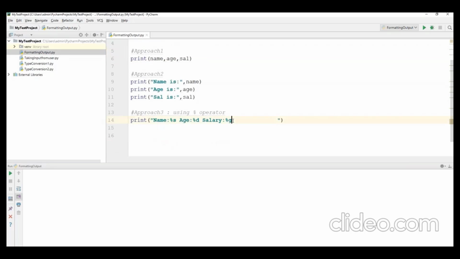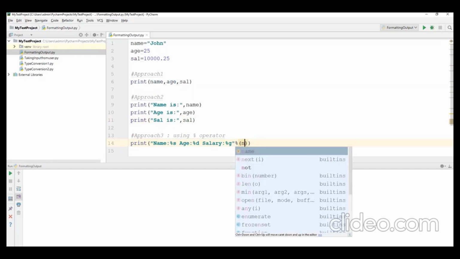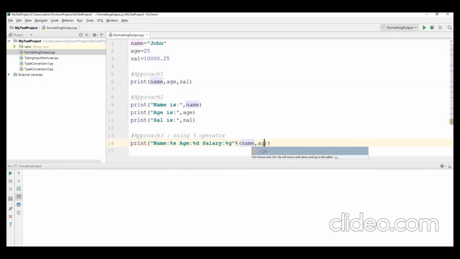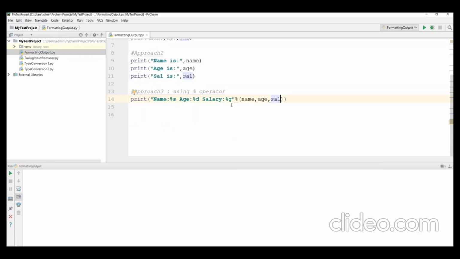Okay, now once we have put everything in the double quote, here we need to specify percentile in the bracket. We have to pass the variable exactly in the same order. So what is the first variable? Name, and the second variable is age, and third variable is salary. So we need to pass exactly the same order.